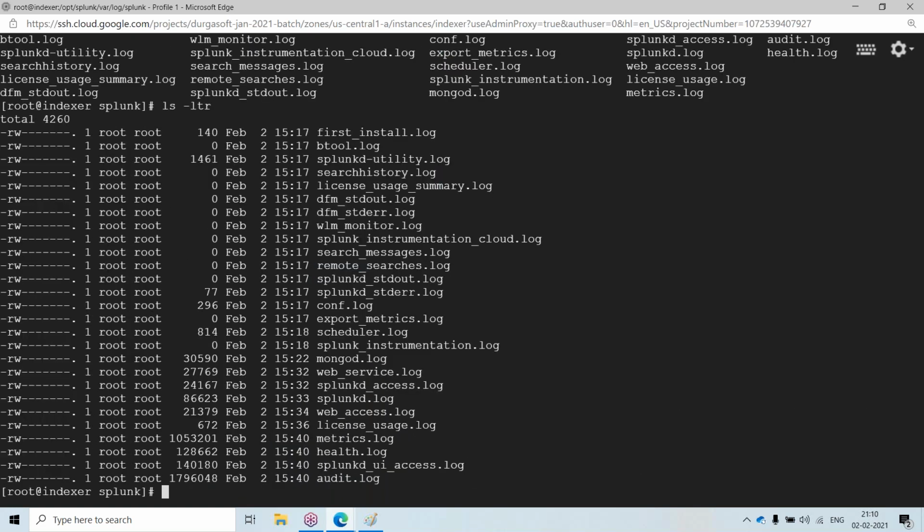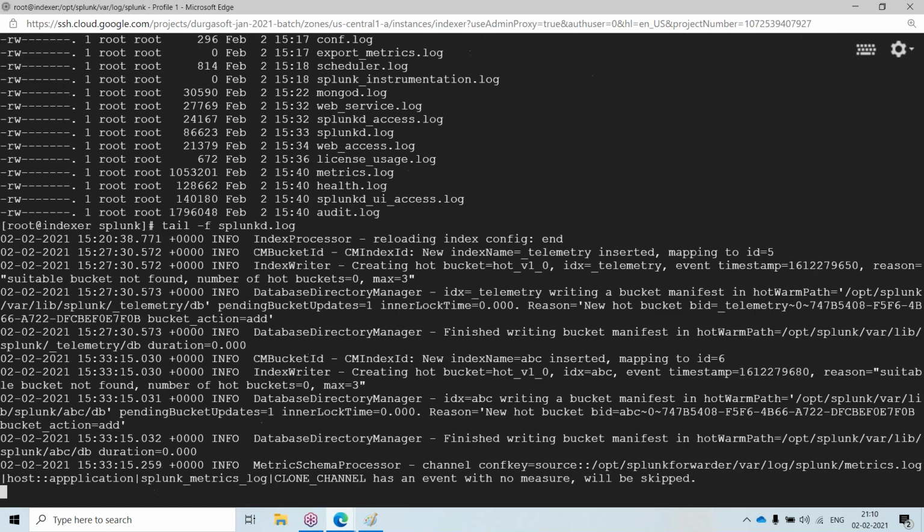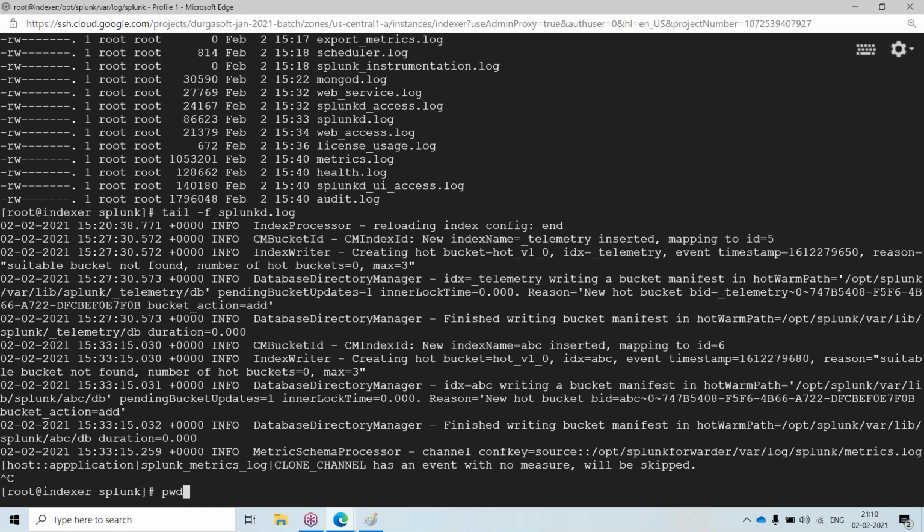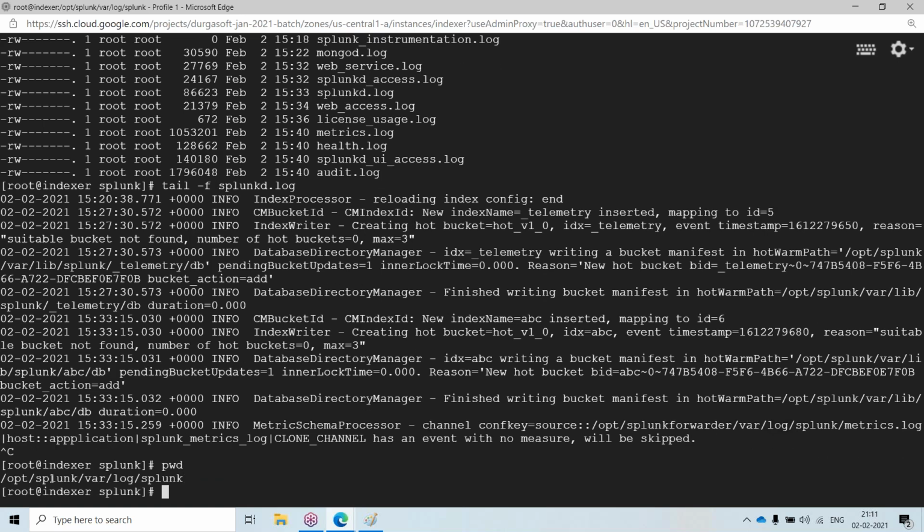There will be one log called splunkd.log. You can check here if the data is sent or not. If there is any error, it will be displayed here. Okay, got it. This is the directory: /opt/splunk/var/log/splunk.